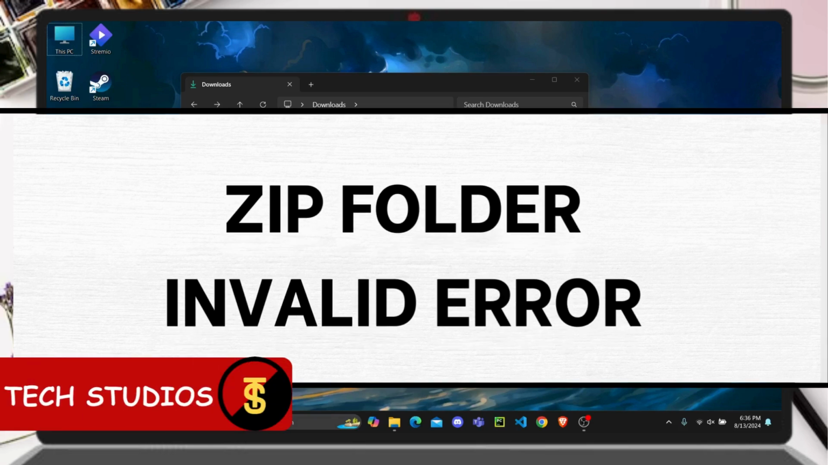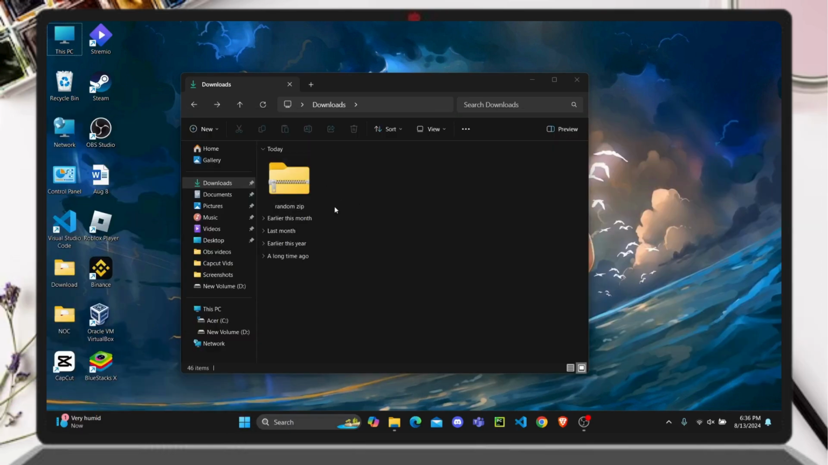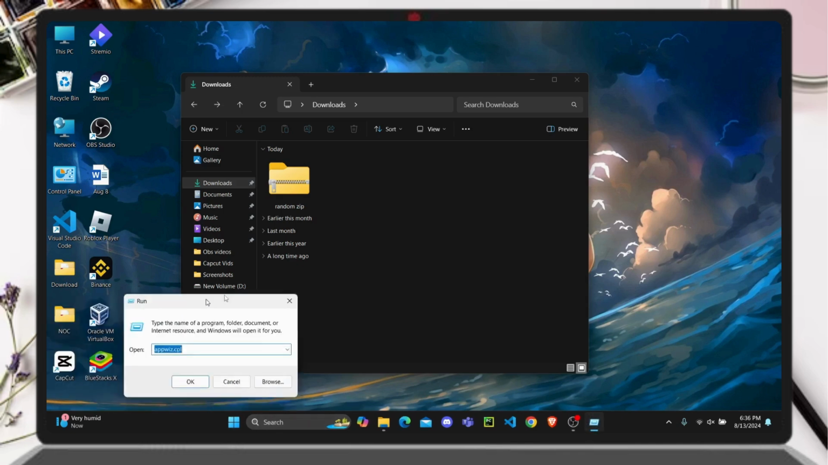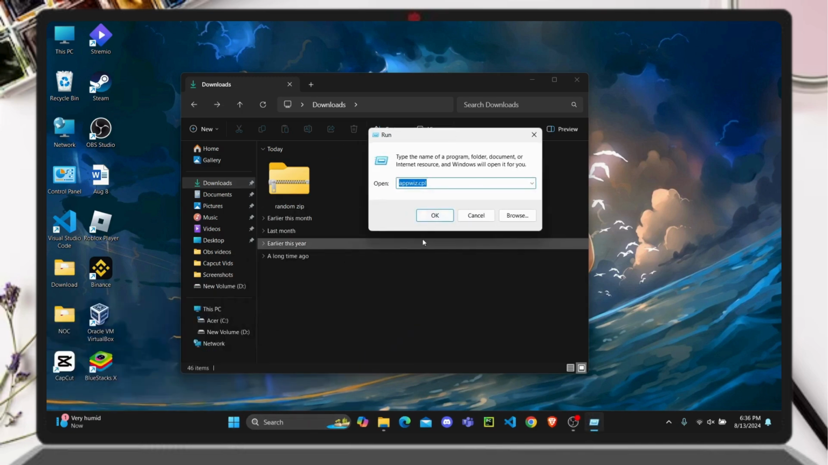What you can do if your zip folder says an invalid error. If you're trying to open your zip folder and it says invalid error, then here are a few methods that you can use to open the zip file. So the first method is you have to click on Windows plus R to open your run dialog box, and then you are gonna search for